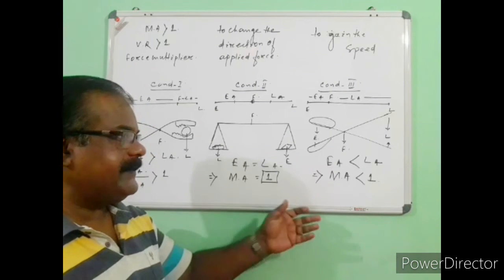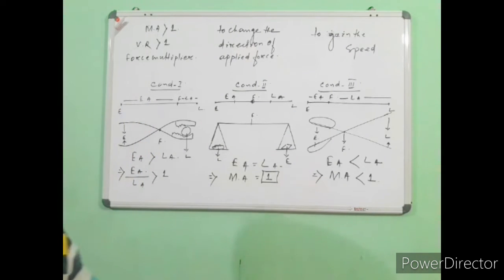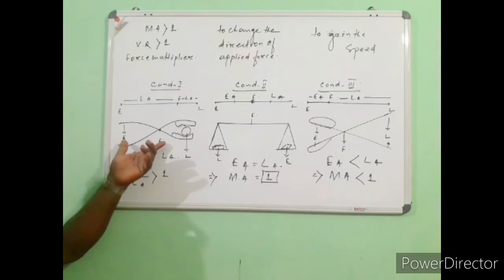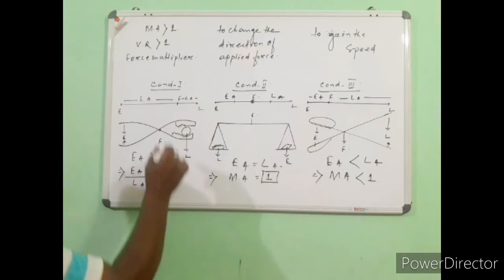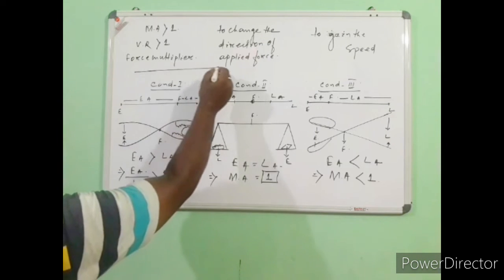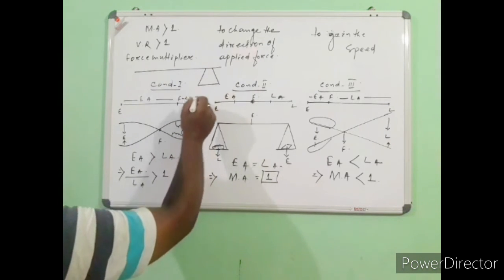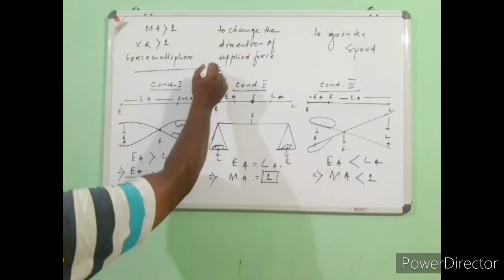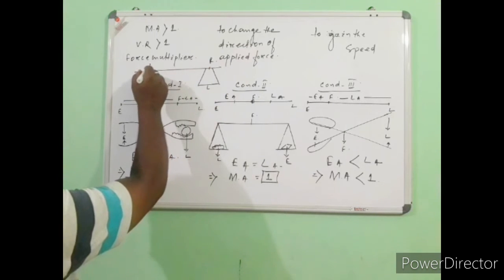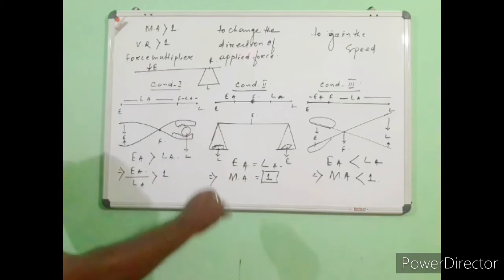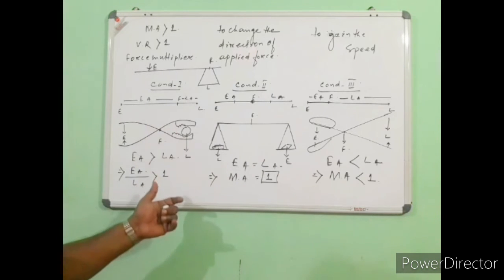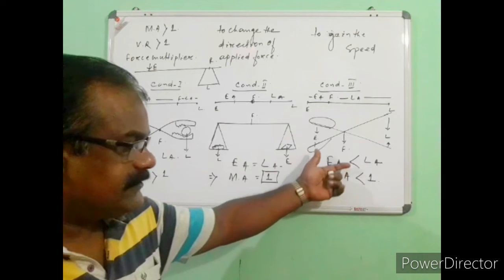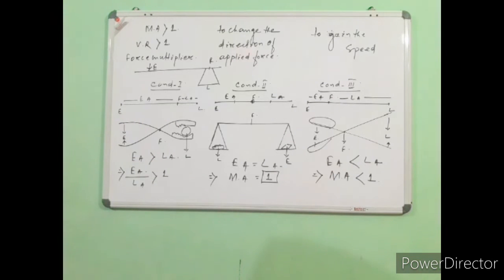Axe is also a cutting device, but we cannot use the axe here. Rather, an axe can be used as a force multiplier, because in case of an axe, we must have seen that the load and this is your fulcrum point, and the effort has to be applied somewhere else. So we can say that the effort arm is quite bigger than the load arm. Therefore, an axe can be used as a force multiplier, whereas a scissor can be used to gain speed.